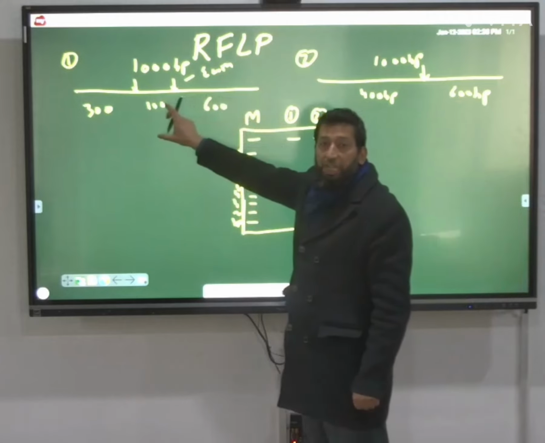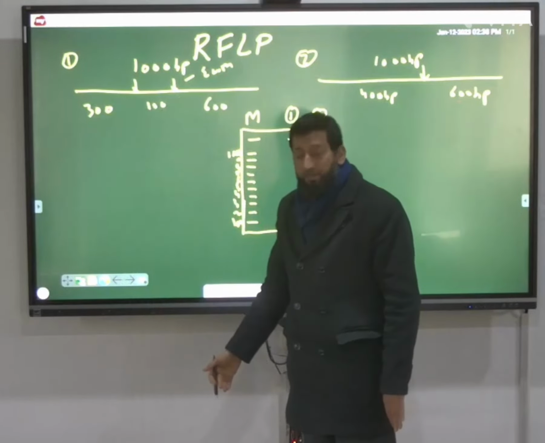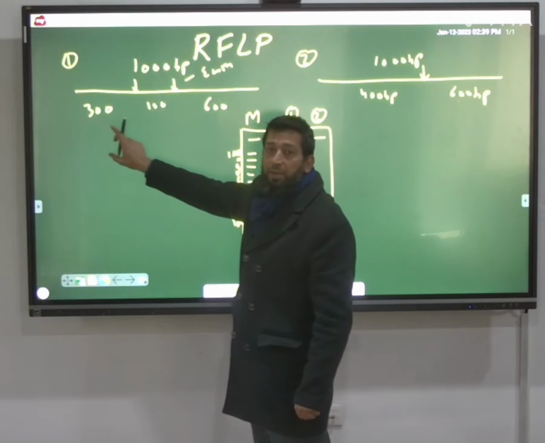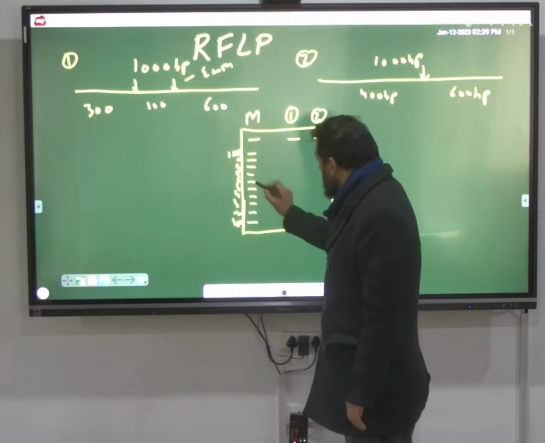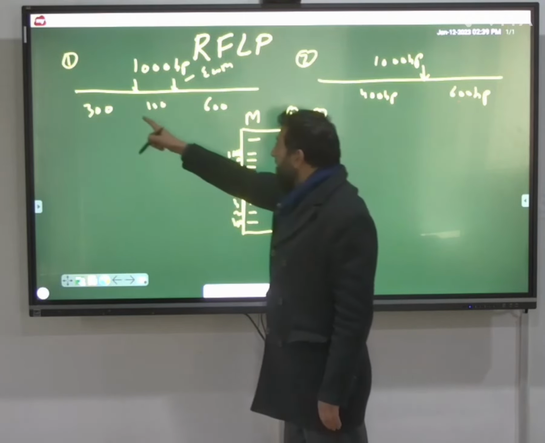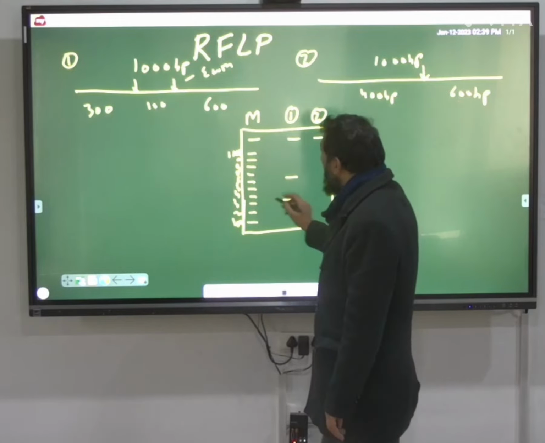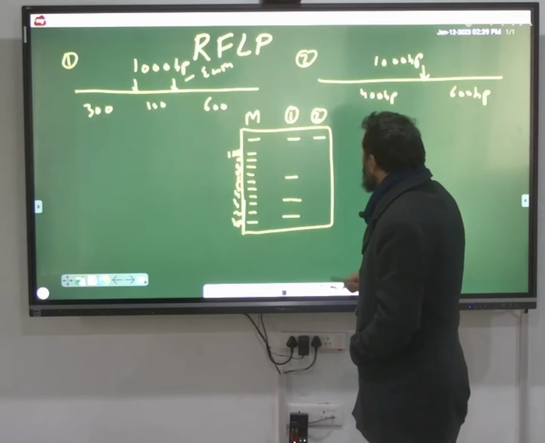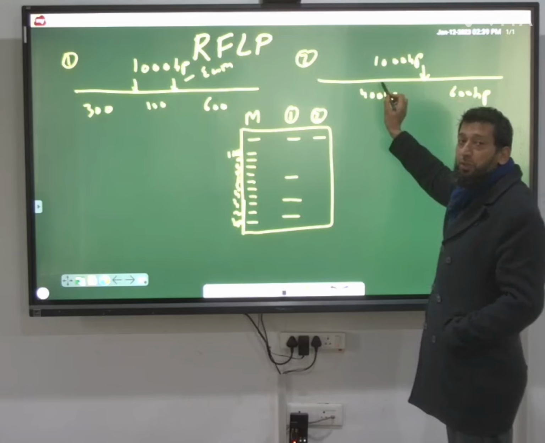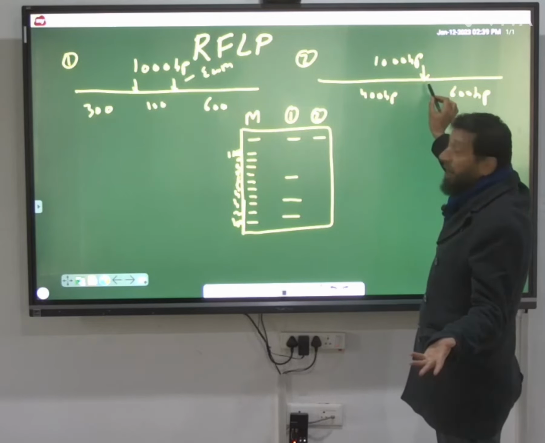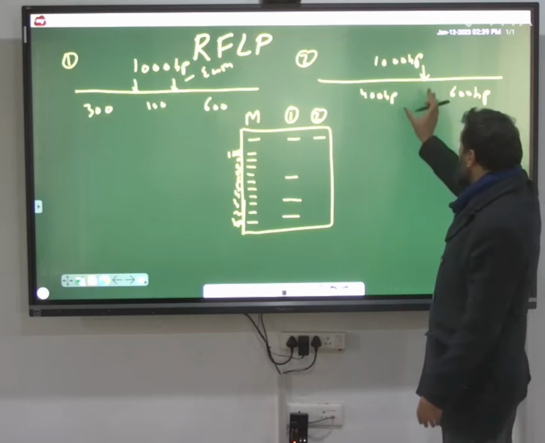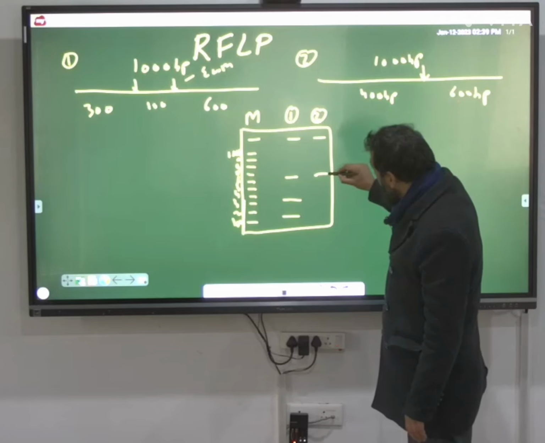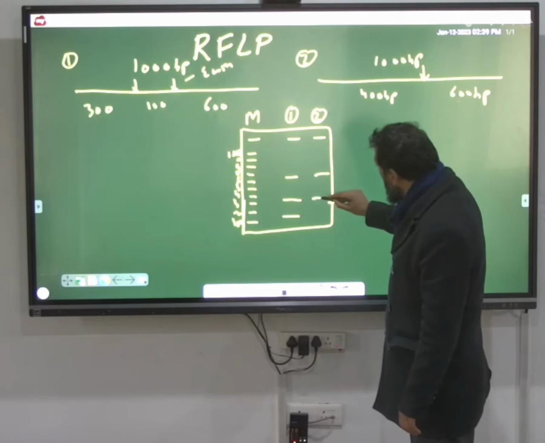So if we run this DNA that we have cut with EcoR1 on this gel, what will we get? We'll get a band at 100, one at 300, and another at 600. So this is 600, one band we got here. This is 300, one band we got here, and 100, one band we got here. Now, in this case, since one of the restriction sequences was abolished, it cut only at one place. So it made a 400 base pair and a 600 base pair band. So you have a 600 base pair band that will be here, and a 400 base pair band that will be